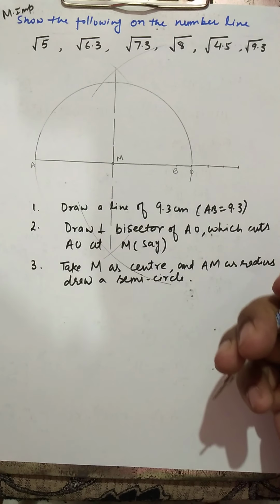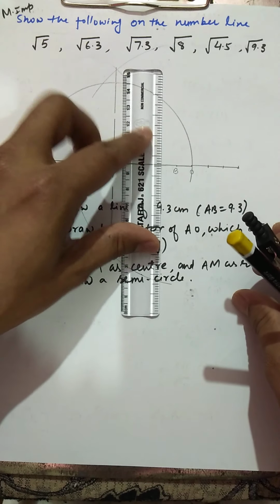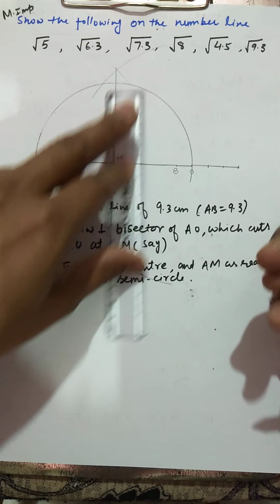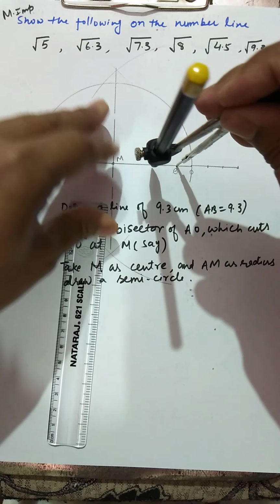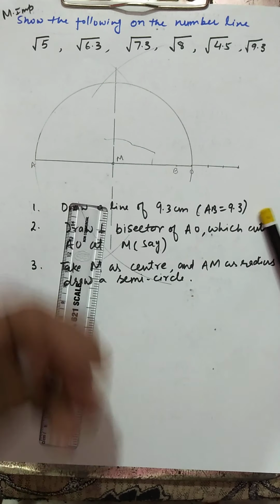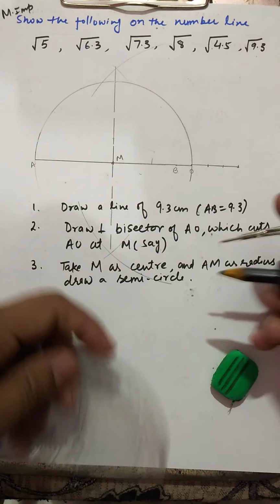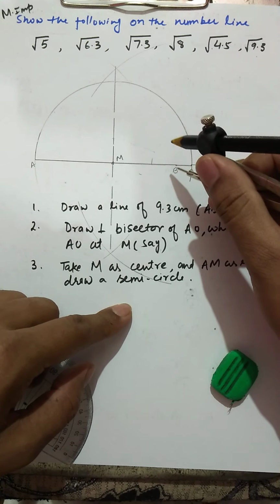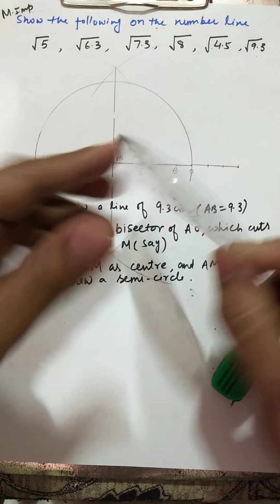So perpendicular can be drawn using your D. You can use D, or you can approximately draw like this, but better you use D. I can draw with the help of this compass also. Now because this space is very less, so if you try to make 90-degree angle at B, then it will be difficult. So we are using D. With the help of D, we'll make angle 90-degree.